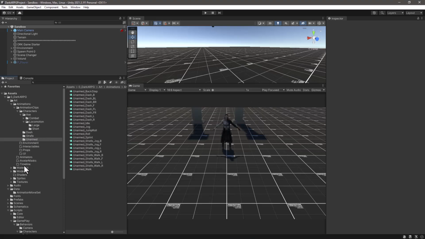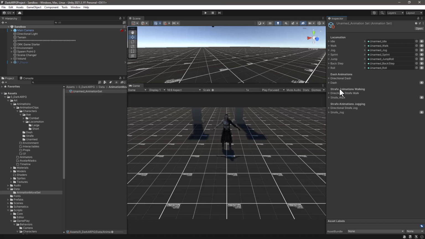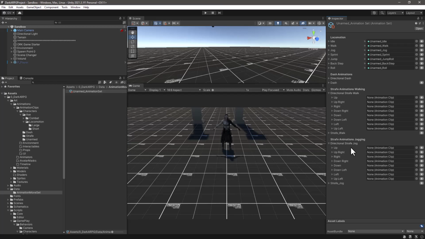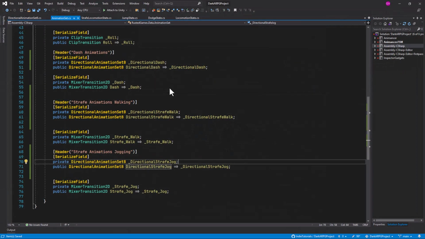And now if we go into again the scriptable object, now we have a strafe animation walking. This is our directional class that we make, the serializable class. And down below we have the jog. Okay, so what we need to do now, since we have this, is remove the old ones. So let's go back to the script